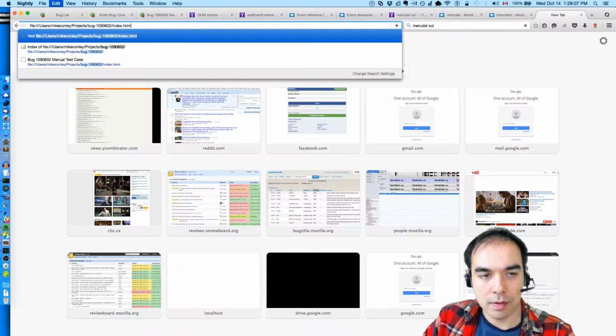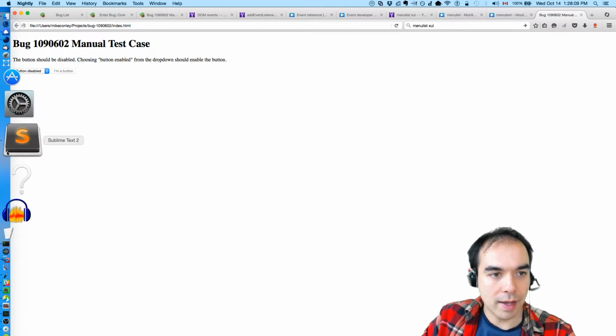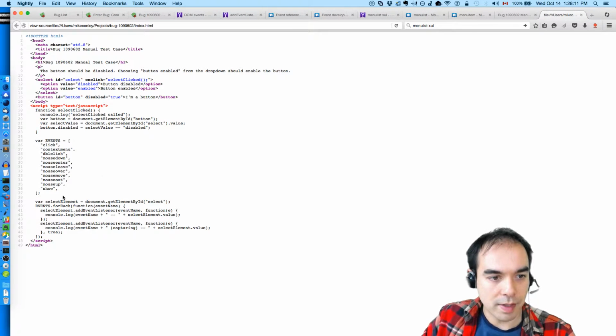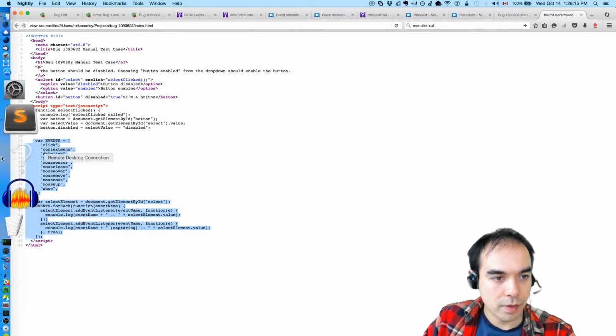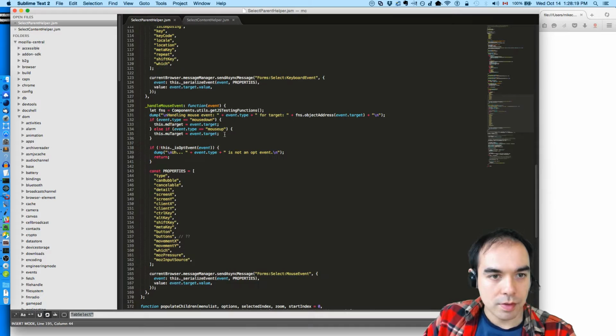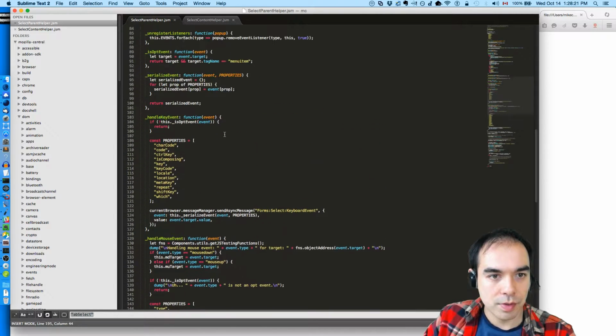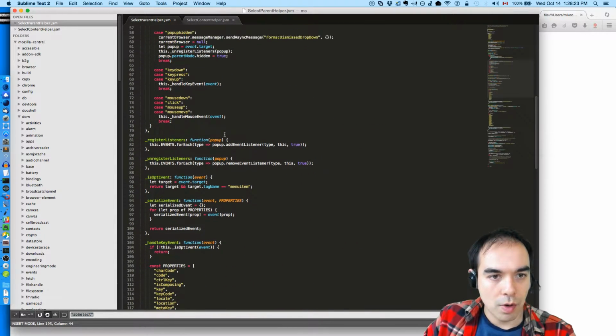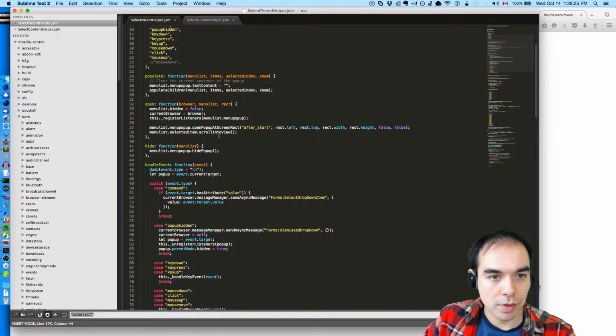That will be what we'll go to, but we need to add the event listeners, and that's these. We'll do the exact same thing in the parent. So when the pop-up is opened, register listeners on the menu list pop-up.